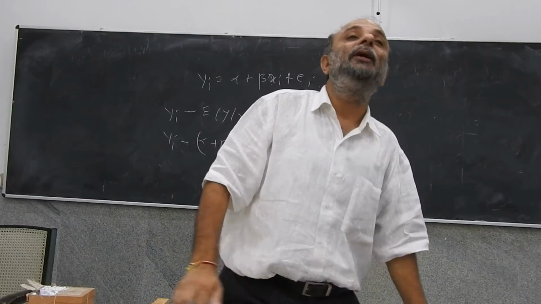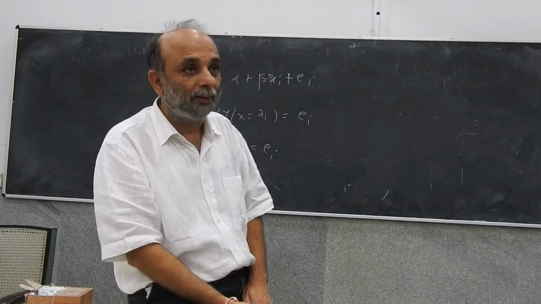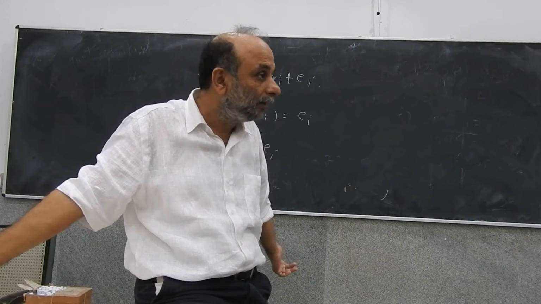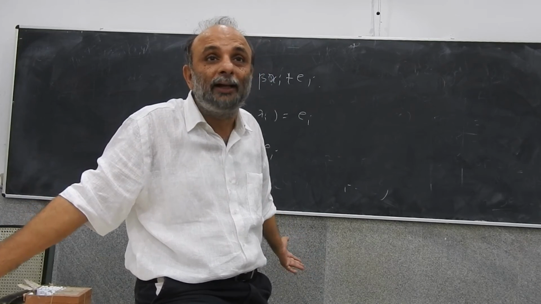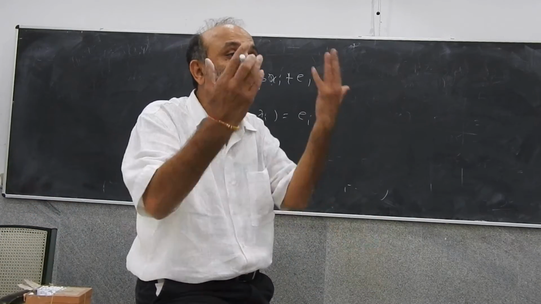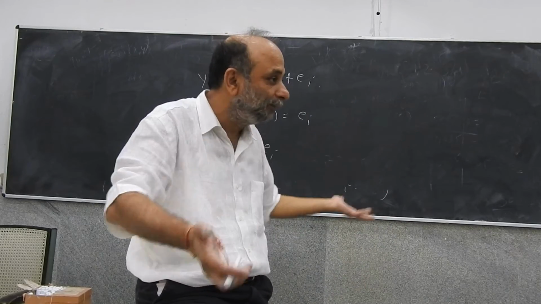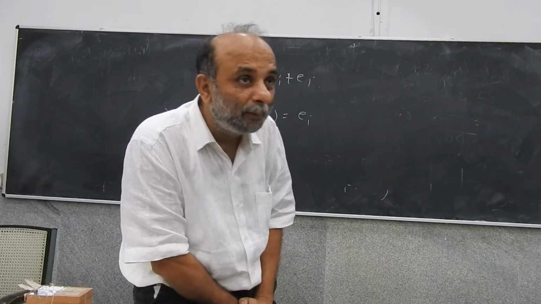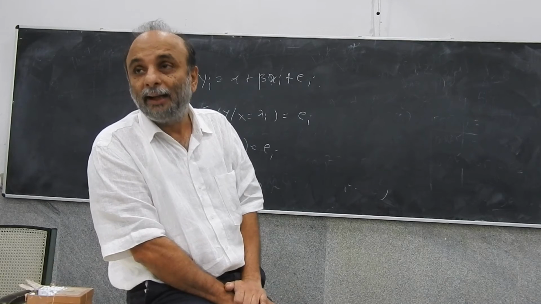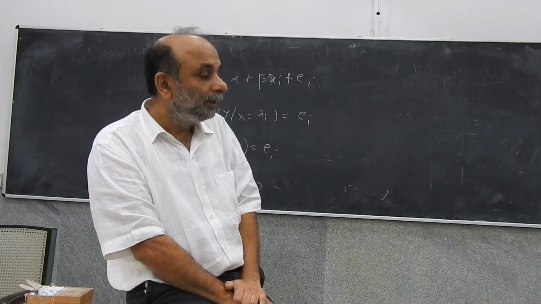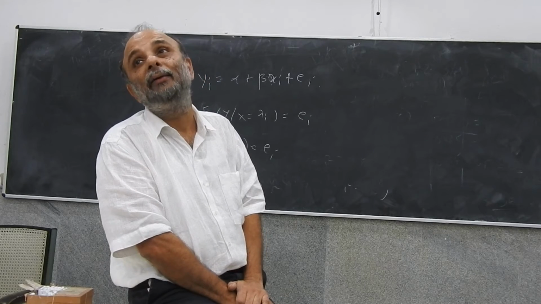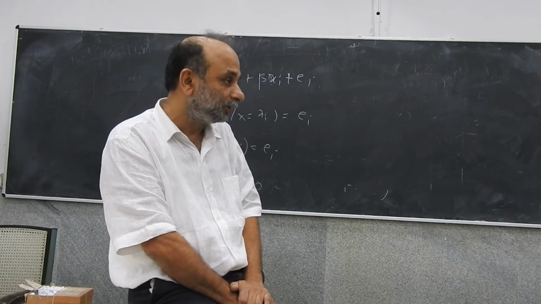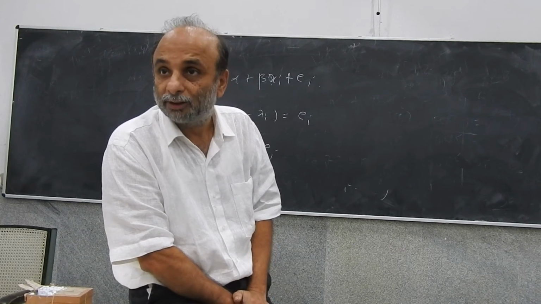Now in this simple example, we know that alpha is equal to 0.5 and beta is equal to 1. Why do we know that? Because we know the entire data generating process. But in the real world, do I know the entire data generating process? I did this because I did a very simple experiment, tossing 2 coins, and I can describe the experiment entirely. But suppose I wanted to know the relationship between people's expenditure, which is y, and their incomes, which is x. Then I do not have data on everybody living in Mumbai. If I had data on everybody living in Mumbai, I would be able to know the data generating process. But I don't know the data generating process, right?